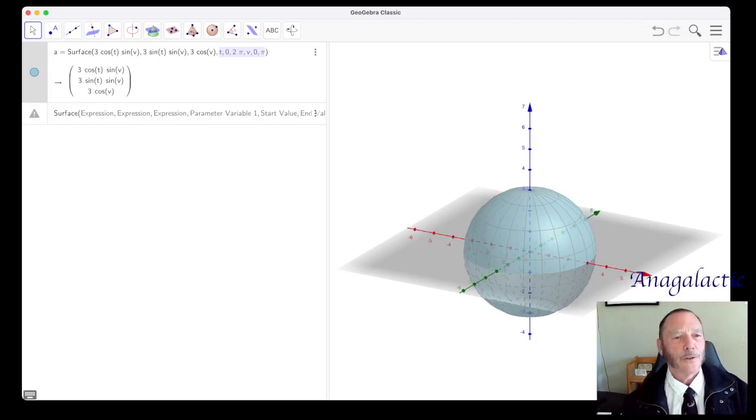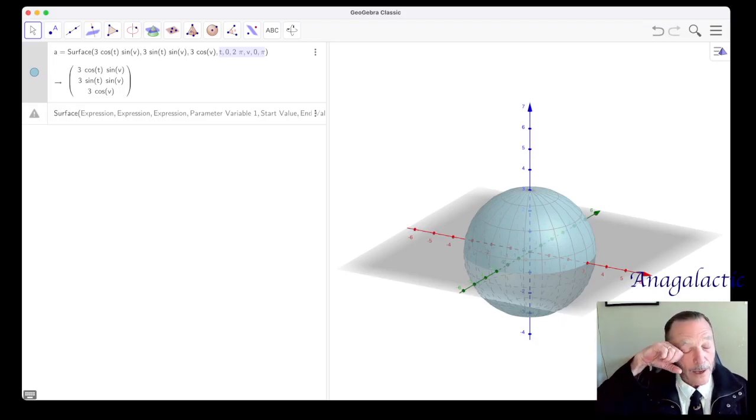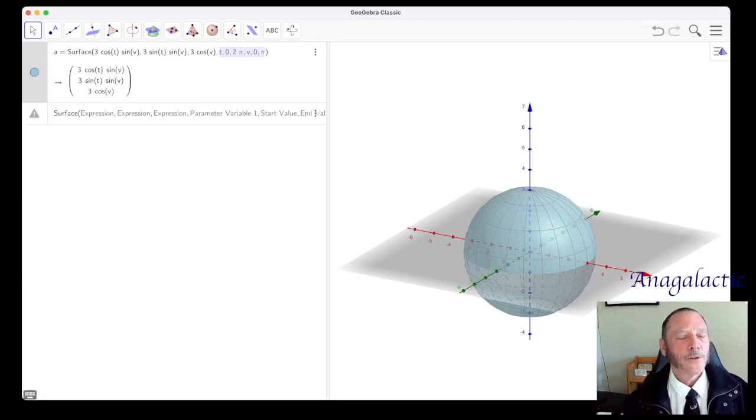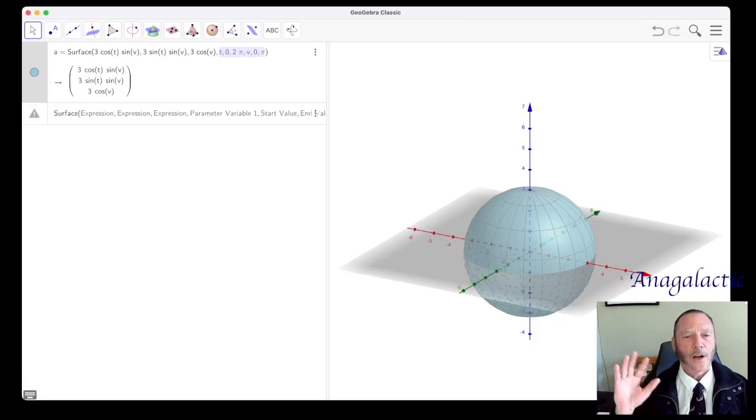It puts in the symbol pi. If you type in pi, it'll replace it with that symbol, which is also kind of nice. But for t, which is basically theta in polar coordinates, the lower bound is 0 and the upper bound is 2 pi, and that is tau, and that will draw the entire